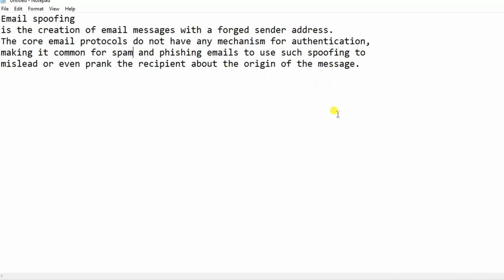So from our investigation point of view, we can say that the email was spoofed, right? The sender address was forged. You can see that once Jean received the email, it seems like it is an email from Alson, but it is spoofed, it is forged, right? The attacker is just pretending to send information as if he or she is Alson.